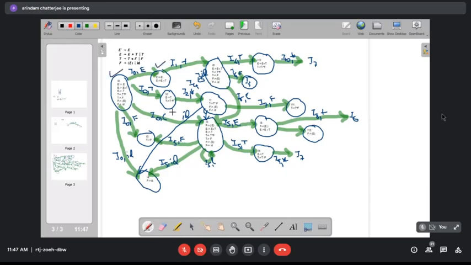I1 is fine. I2 is fine. I3 is fine. I4 is also fine. I5 is fine. Then this guy, why is it saying 12? E producing T dot.